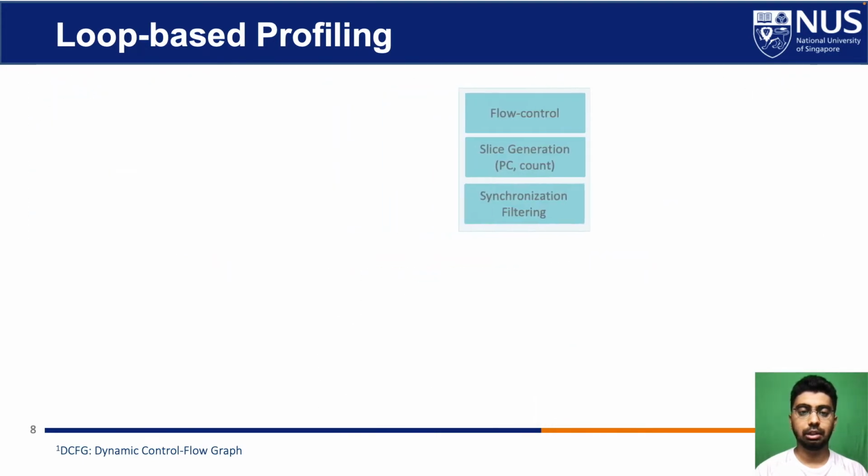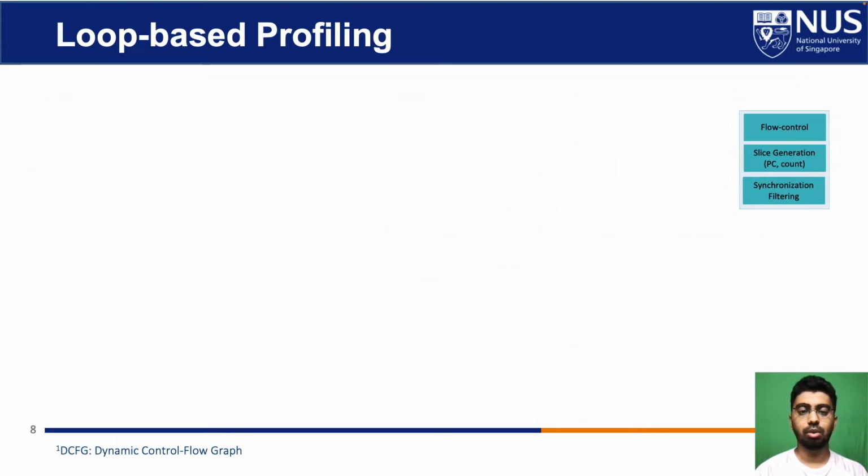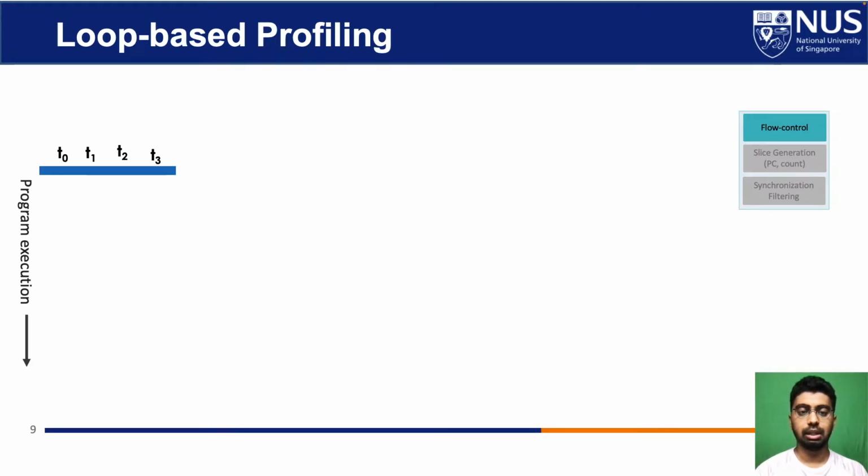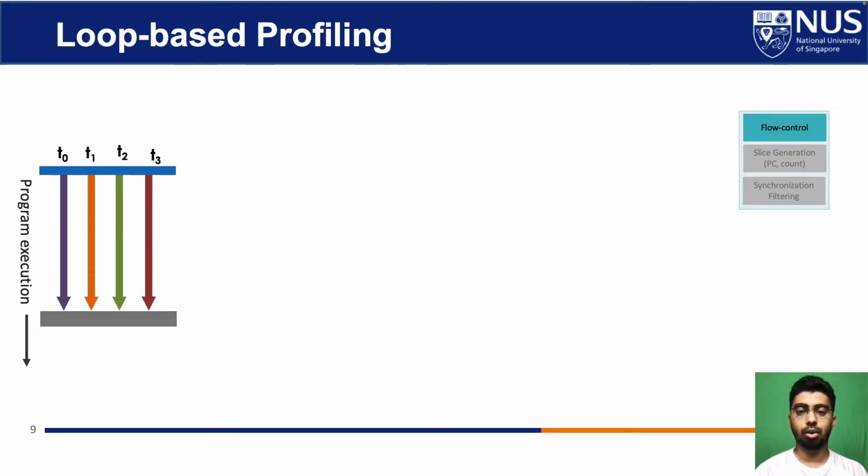Let's discuss the central part of the profiling technique. Flow control is a feature that works as the application progresses during the profiling. It is essential to have the profiling results free from any perturbations caused by the load imbalance of the underlying hardware. To achieve this, we make sure that all threads make equal forward progress at any given time. We control the progress of the threads at regular intervals.